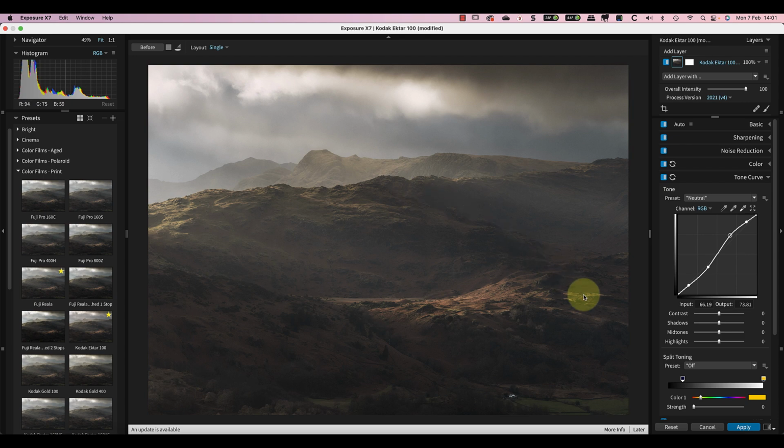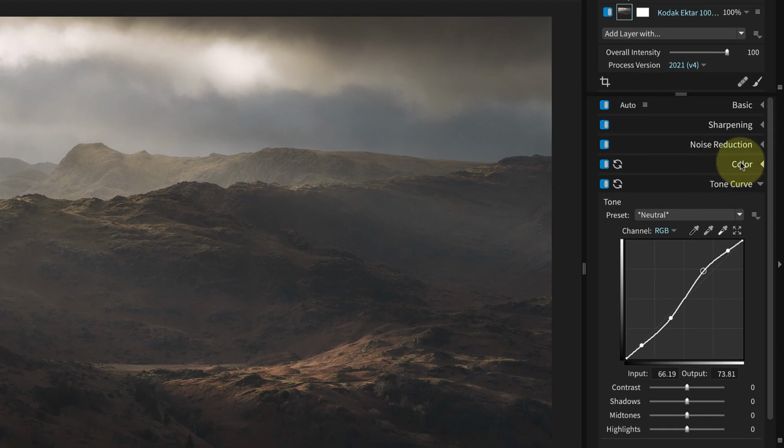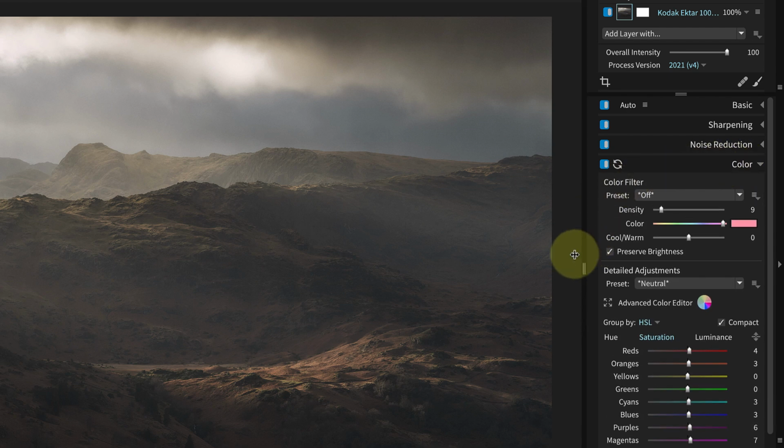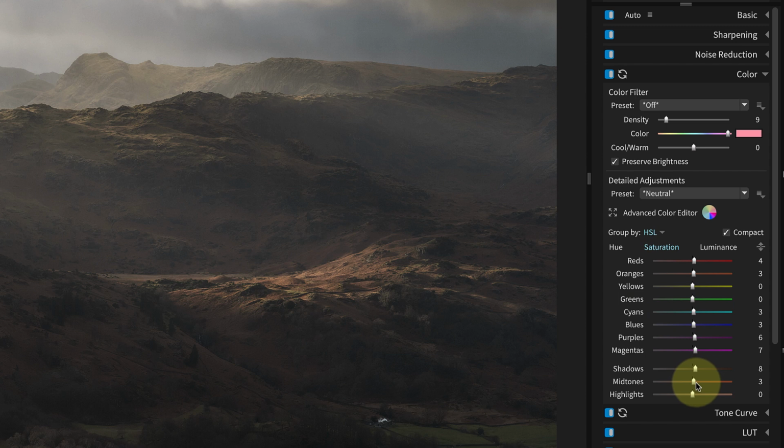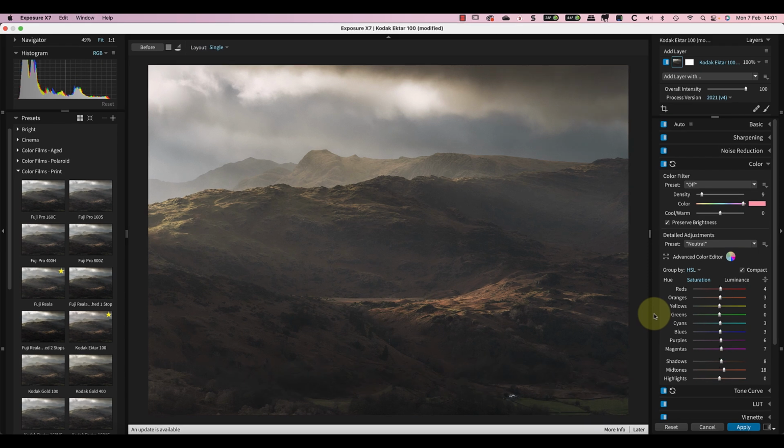The other adjustment I'm going to make in here is to the colour. Now at the moment, the way it's working is it's applied a colour filter at a very low level over the image, which is part of the Kodak simulation. I'm actually going to enhance though the mid-tone saturation levels to just boost those a little bit further. Overall, I'm seeing the colours coming through now really well in this image.